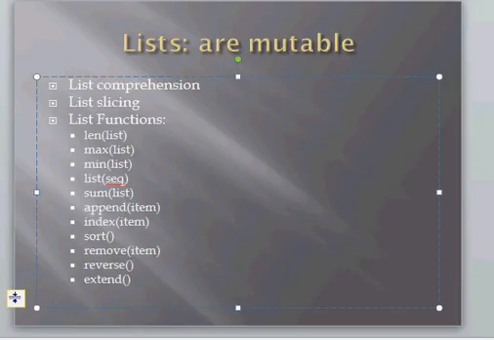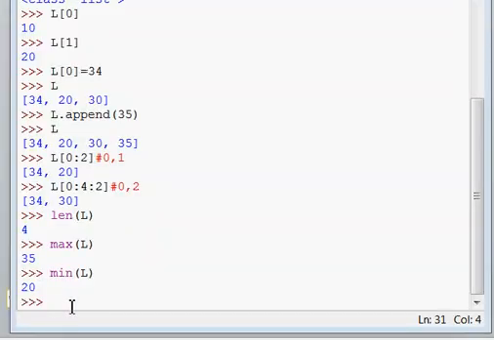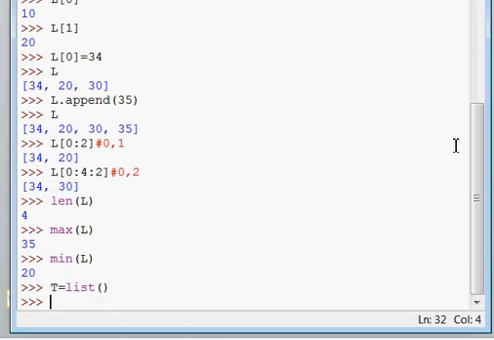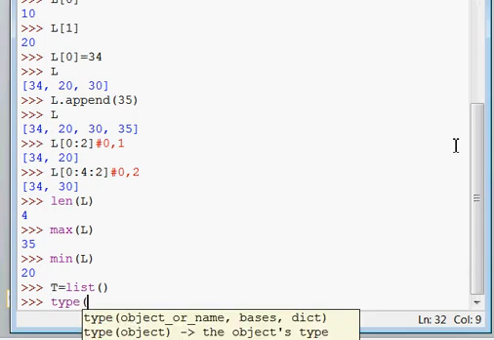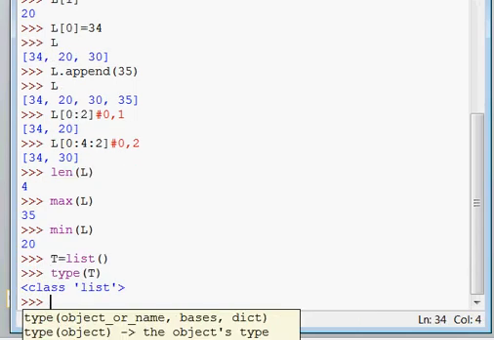Next function is list. The list function is used to create a list itself. You can use list by saying this. It becomes an empty list. You can check it by saying type T. Even you can use it to create a list by saying 10, 20, 30, 40.